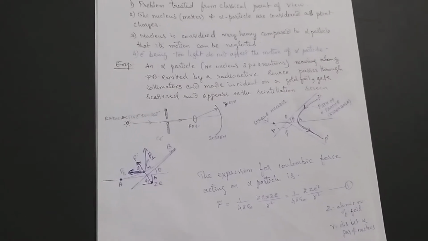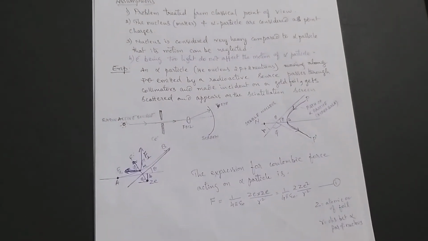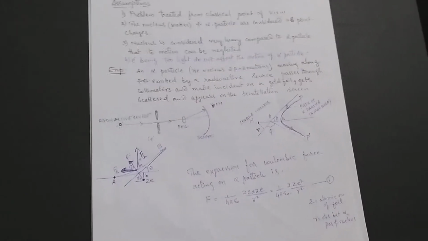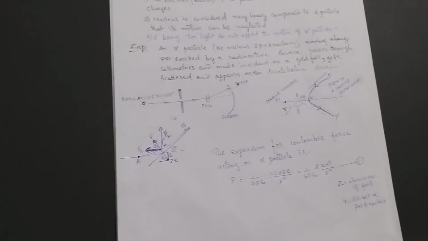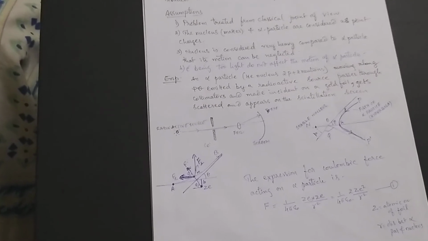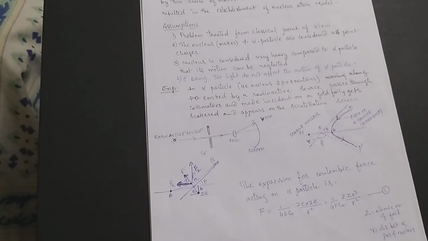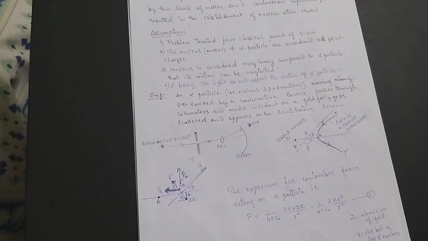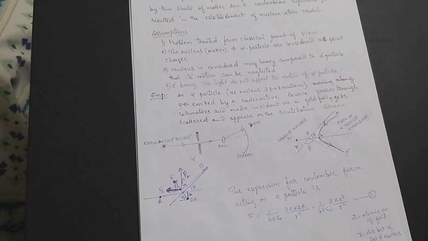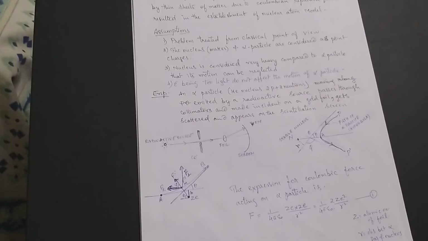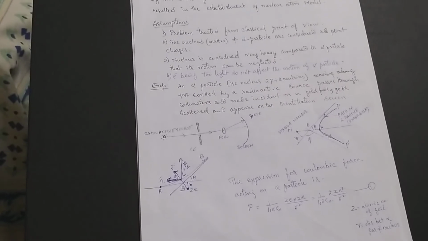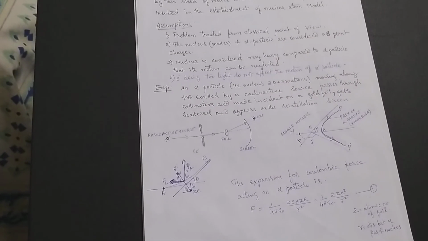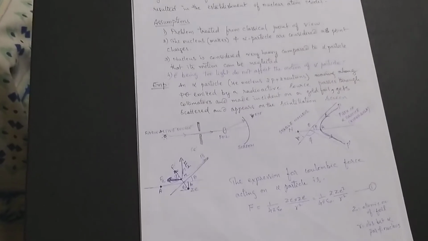This was a great revolution actually in the structure of the atom, where Rutherford won the Nobel Prize in 1911. Of course, he could not explain the stability of the atom, in the sense that when an electron is revolving around the nucleus, it is an accelerated charged particle, and according to classical physics, an accelerated charged particle must emit radiation. So it emits radiation and slowly its energy decreases. It should fall into the nucleus. So the atom should not be stable.